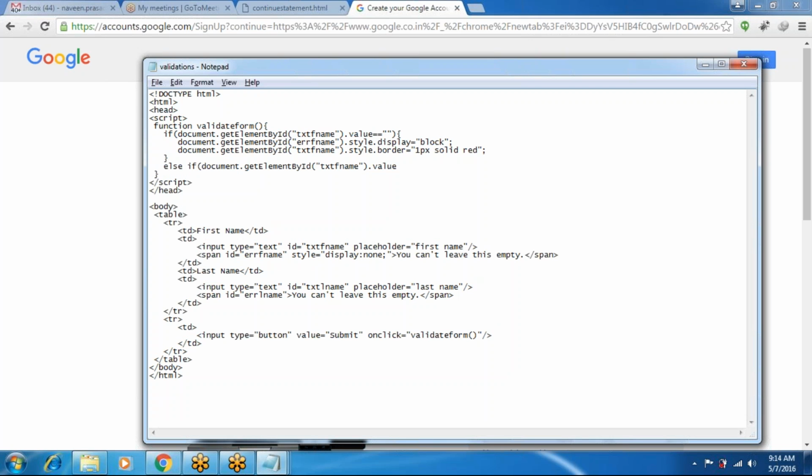And document.getElementById last name equal to empty.